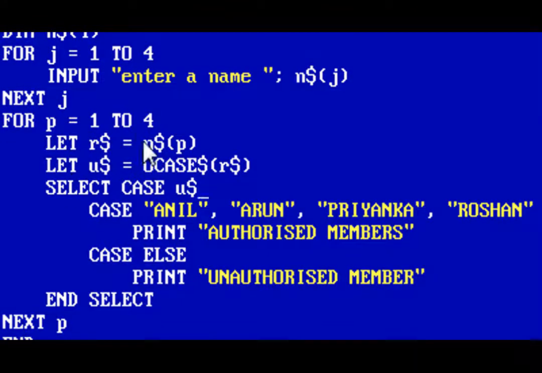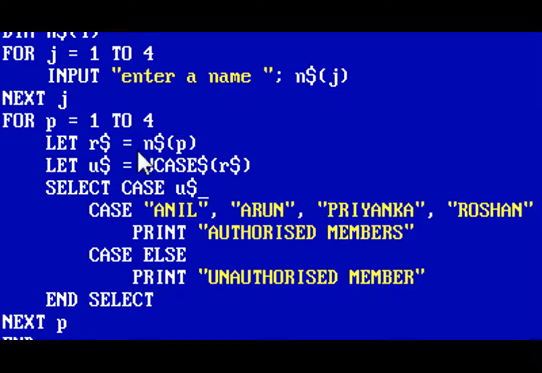So this for next loop will check each of the inputted names, and if the inputted name is either Anil or Arun or Priyanka or Roshan, then it prints out authorized members, and if the inputted name is not so, then it will print unauthorized members.